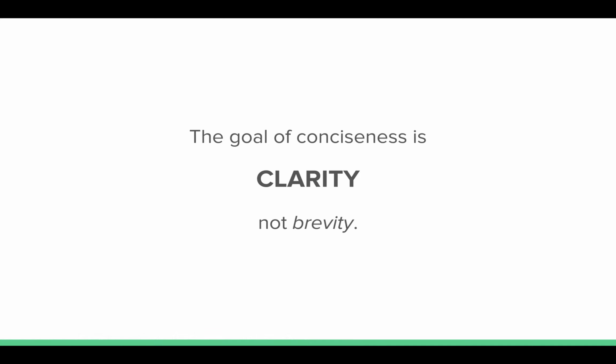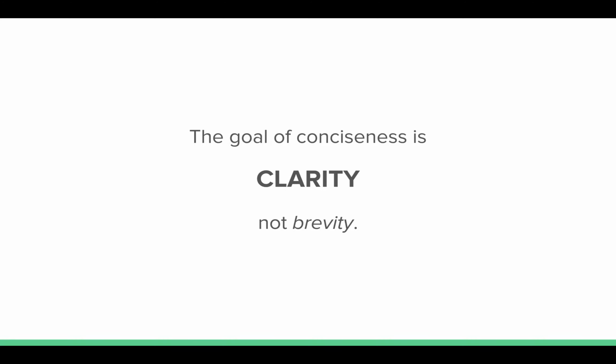Okay. And this is just an illustration of the basic principle underlying the lesson that we're going to be going over this week and next week. Okay. We're going to be talking about conciseness. The goal of being concise, at least in our writing, is not so much brevity, which is the quality of being brief. It's actually clarity, the quality of being clear. Okay, so our goal as writers is to try to be as clear as possible